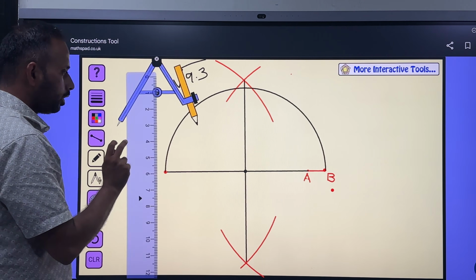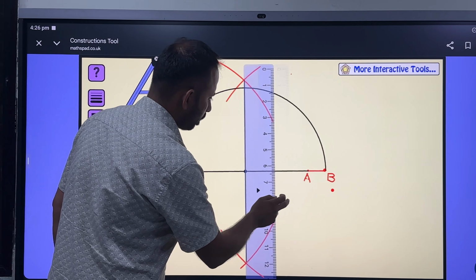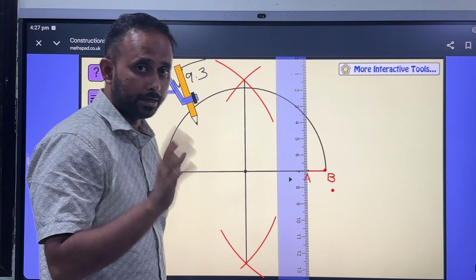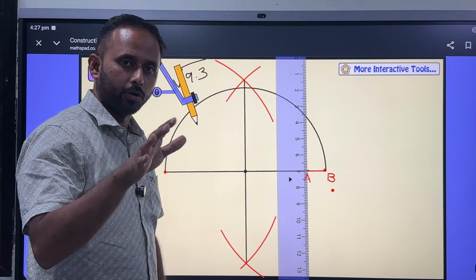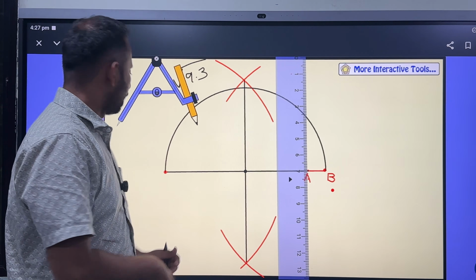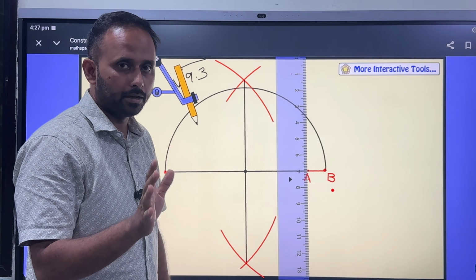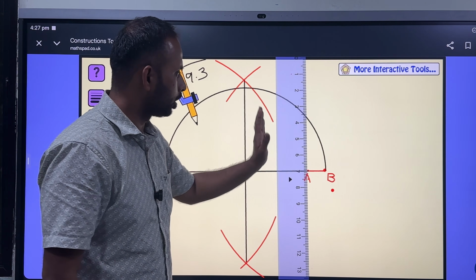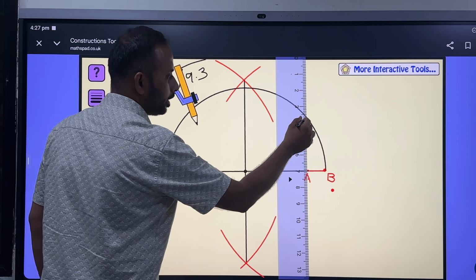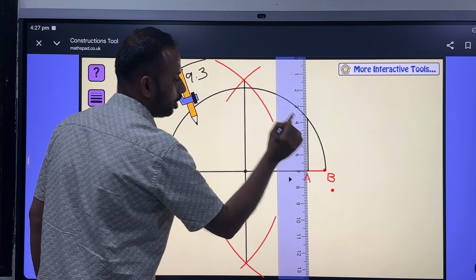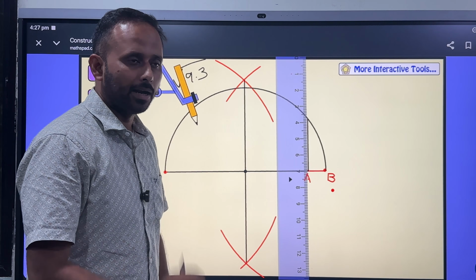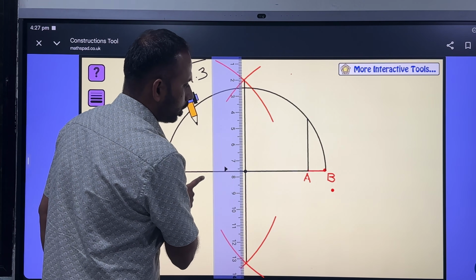Using our scale, from point A we're going to draw the perpendicular line, that is 90 degrees. Actually we need to draw it with a protractor, but we know that if it is a straight line, it will naturally be 90 degrees. So without using any protractor, I'm going to use our scale and draw the straight line. Obviously, if the line is straight, it will be 90 degrees. Not to worry much.